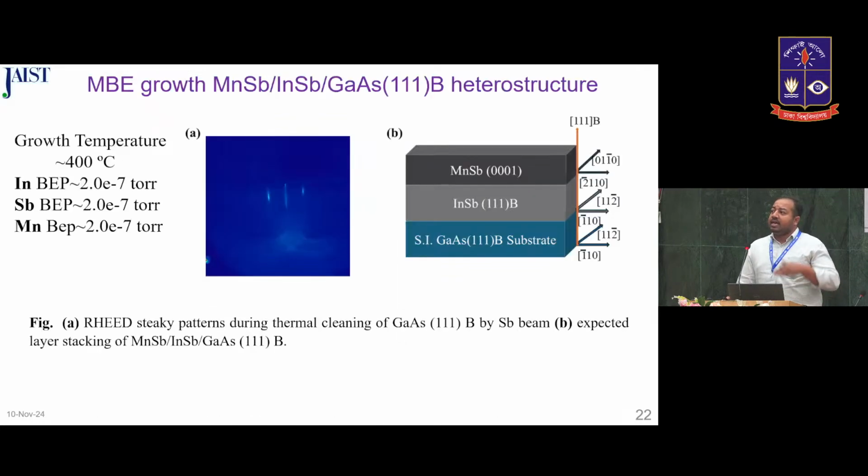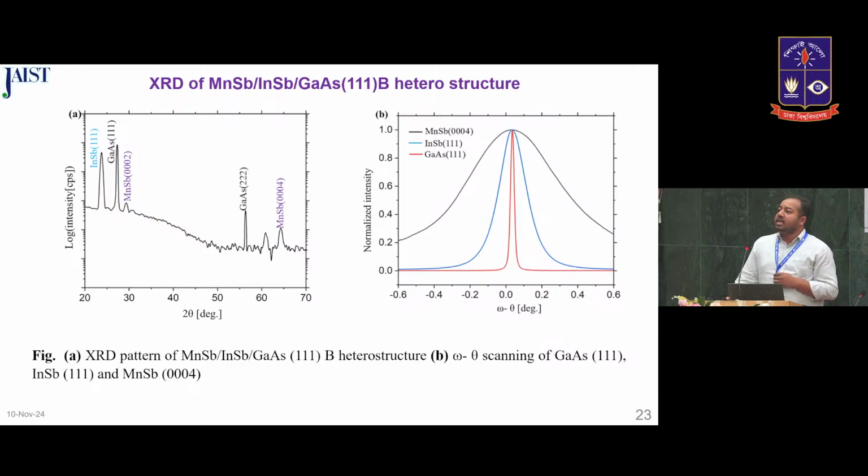Then we focus on the heterostructure under this condition. Figure A is the RHEED observation, where we confirm our thermal cleaning, and our structure direction is like figure B. We want to grow this way: indium antimonide, then stacking with manganese antimonide. And we did it successfully, and in the XRD we confirmed indium antimonide 1 as well as manganese antimonide